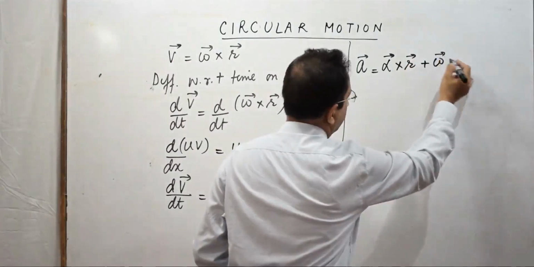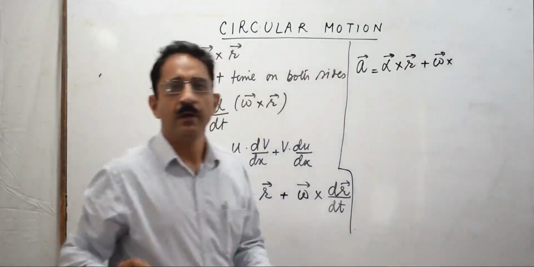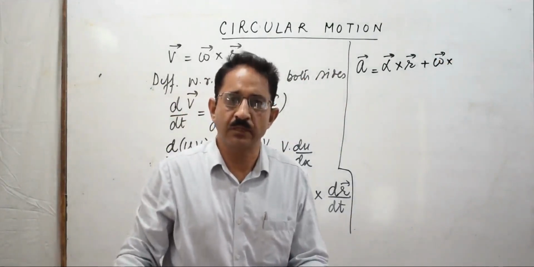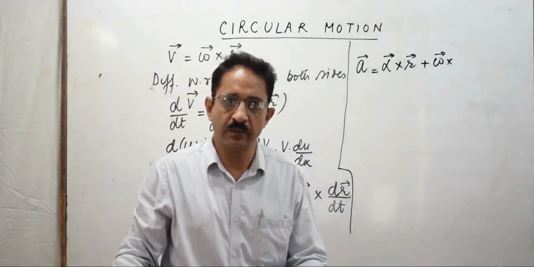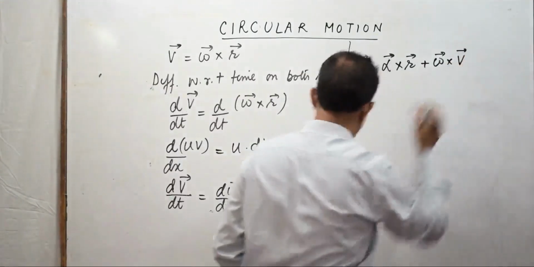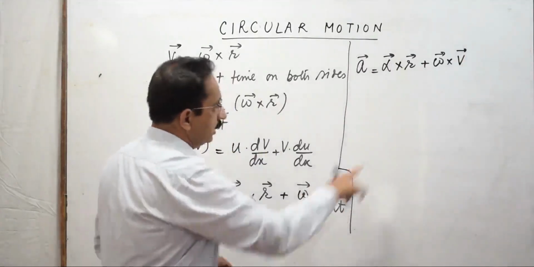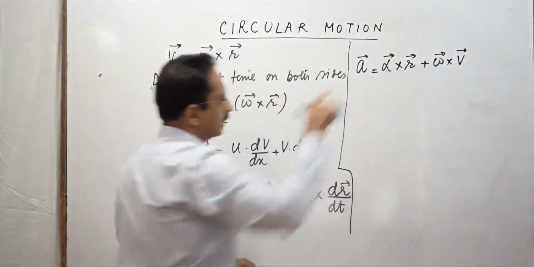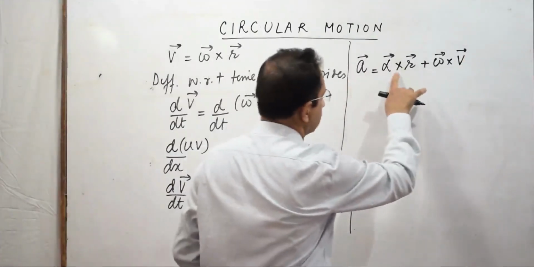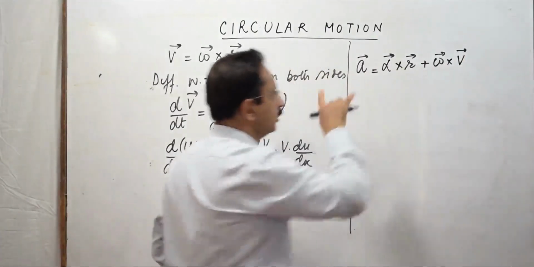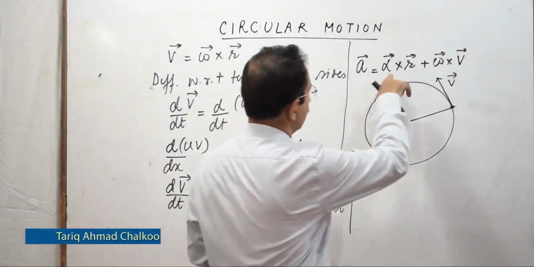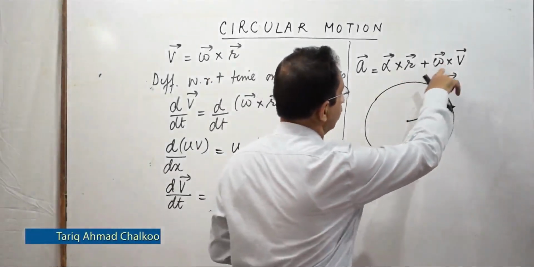So again, from the definition of motion in plane, you agree कि अगर हम position vector को differentiate करें हमें उससे velocity vector मिलता है. So I get omega cross v. So I am writing dr by dt is equal to v. अब इस रिलेशन में हमारे पास एक एक्सेलरेशन है, ये भी एक्सेलरेशन है, ये भी एक्सेलरेशन है, ये तीनों एक्सेलरेशंस हैं. सो वी हैव a इक्वल टू अल्फा क्रॉस r प्लस ओमेगा क्रॉस v.